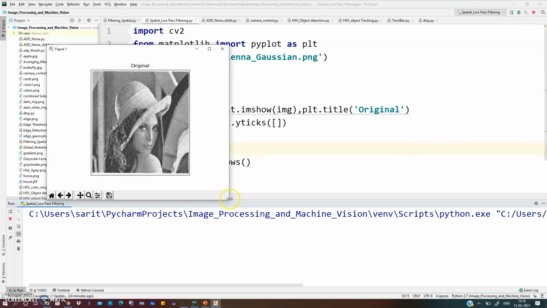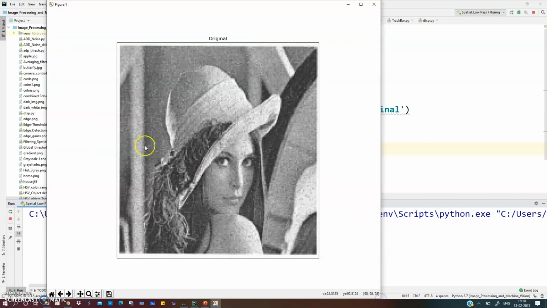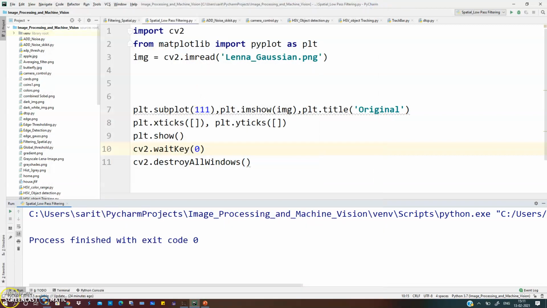This is our original image. You can see this image has noise. Now we'll use the low pass filtering or smoothing method to smoothen this image. The first method which we are going to use is the filter 2D function.